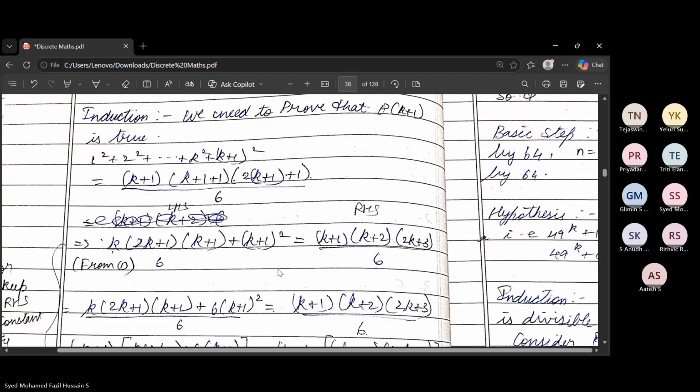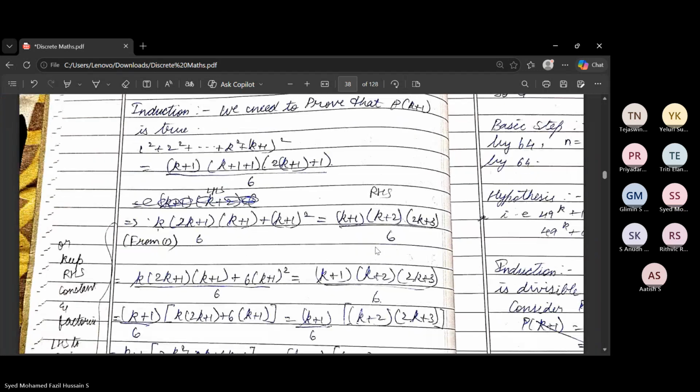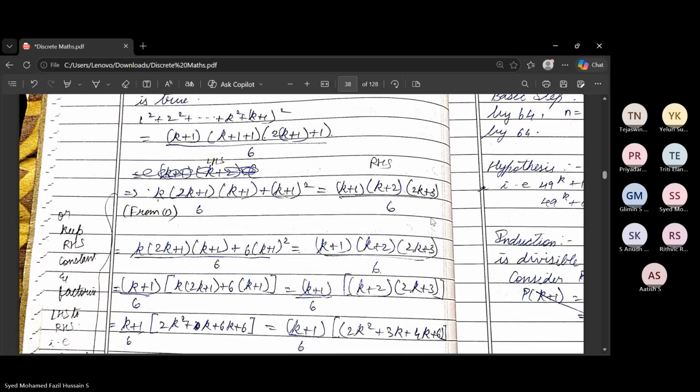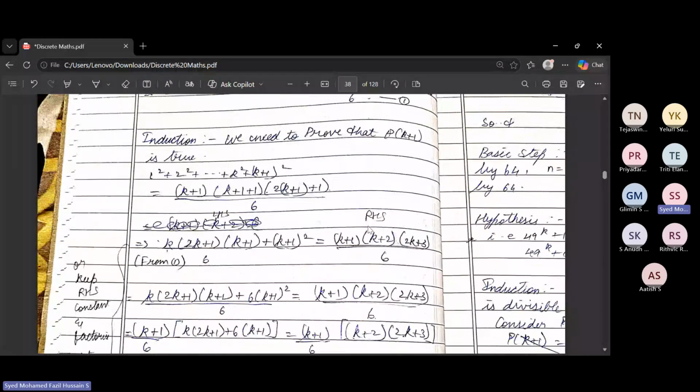When we expand it, you can see in the RHS it is k plus 1 into k plus 2 into 2k plus 3. If we take both the LHS and RHS,